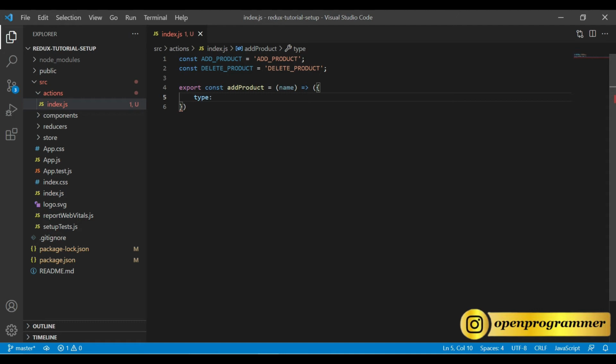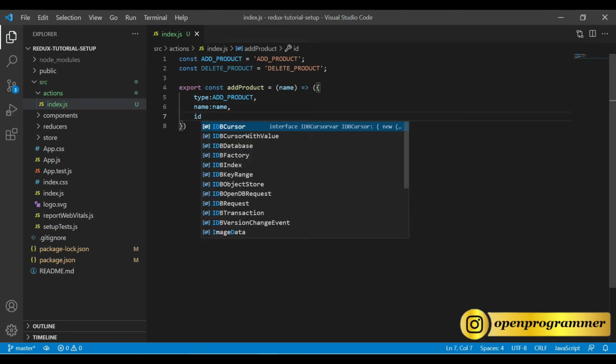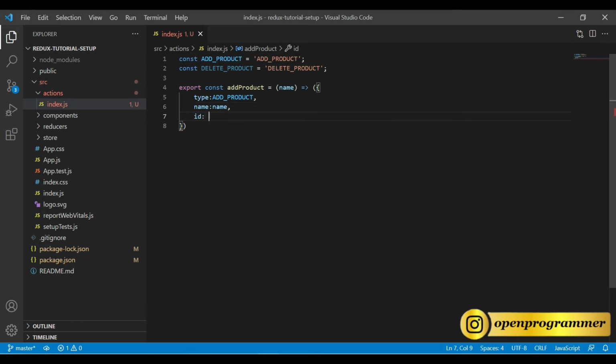So that name would be held by this type property. In our case, we are performing this for add product. So the type should be ADD_PRODUCT, and the second property should be name. The name is coming from this name parameter, and we will also use an id property. The id will be auto incremented, so for that, Math.random. All right, so this is for add product.